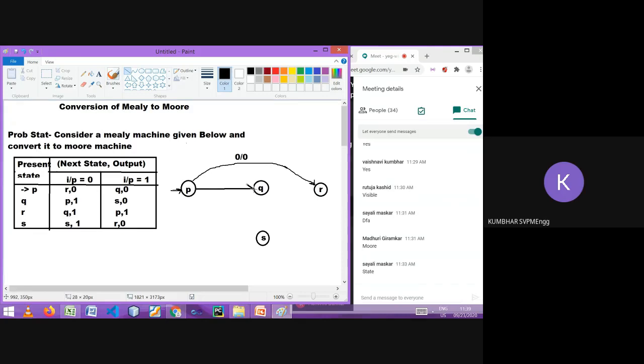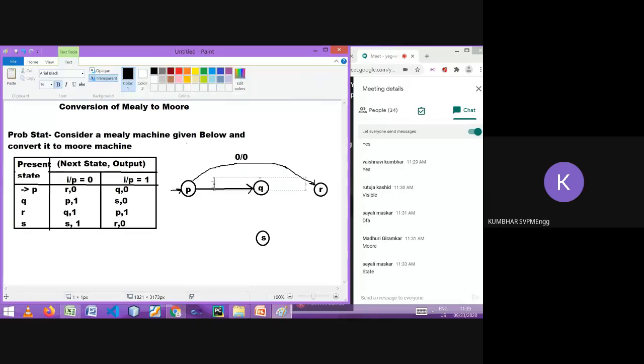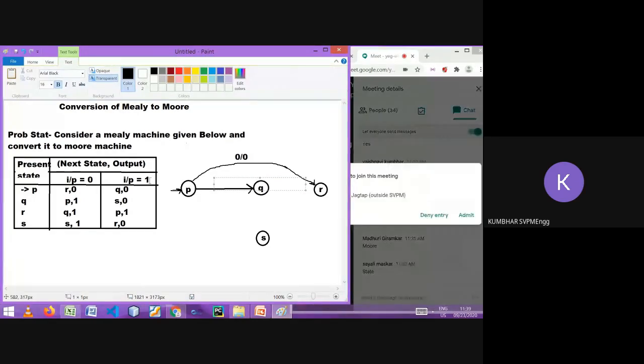I know it is taking time, but we don't have another solution. I'm going to write from P, input is 1, output is 0. So 1 of 0 I have to write.